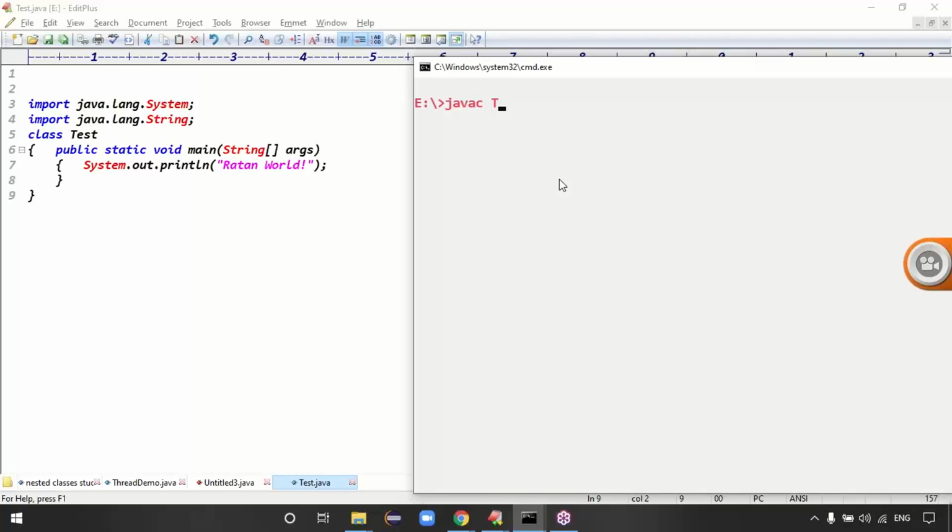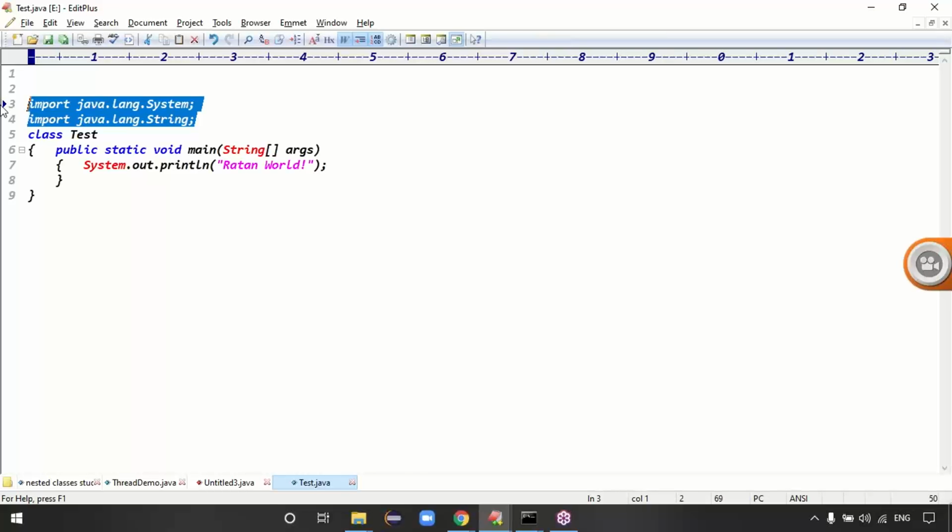javac, and the application is called what? Test.java file, right? Because I saved my application as Test.java, the code is compiled. Then java, and the class is called what? TestClass, right? So the class name is TestClass. We got the output, the good morning message, right? Exactly. Guys, the point here is that I'm using two predefined classes, System and String class. Then we have to import those two classes, right?